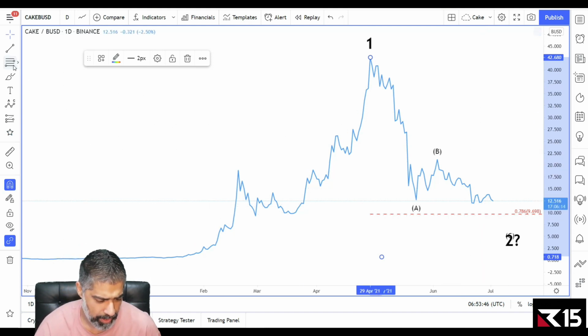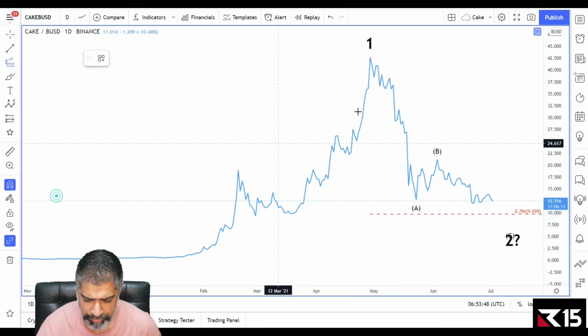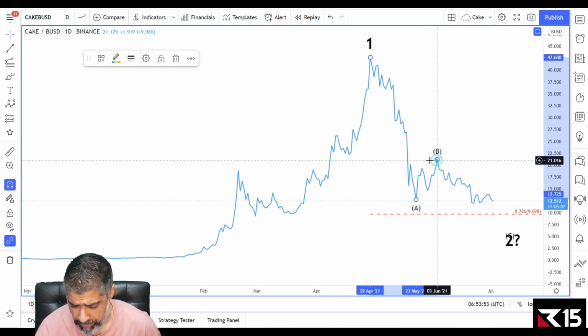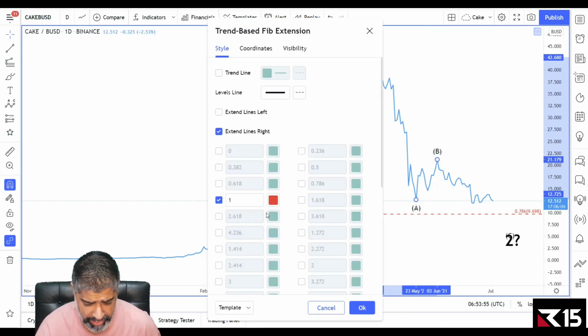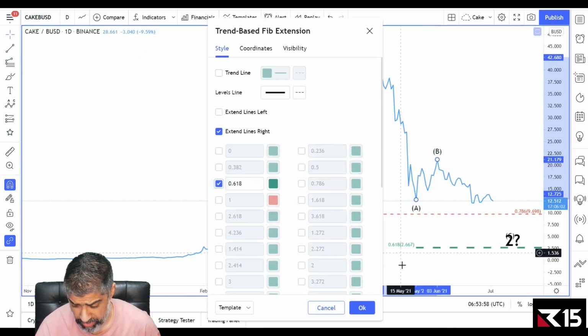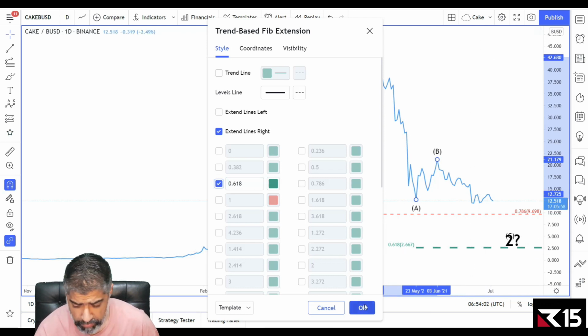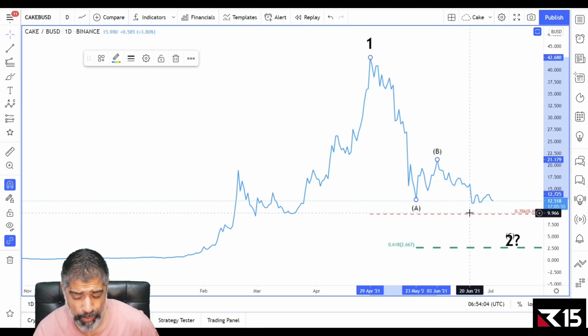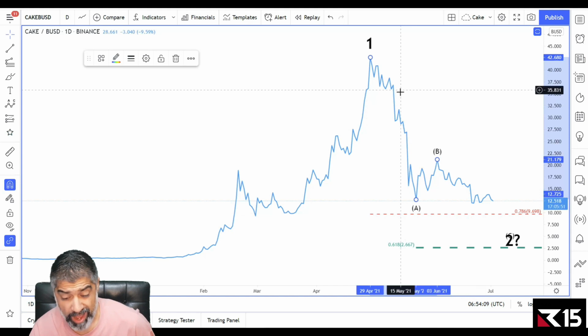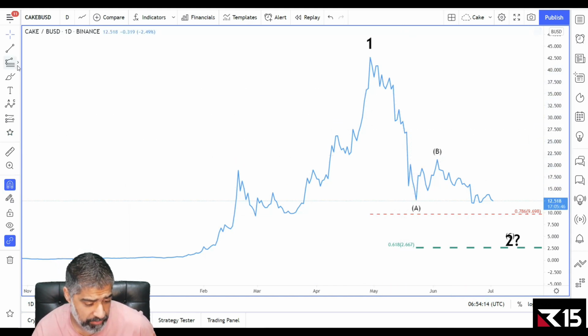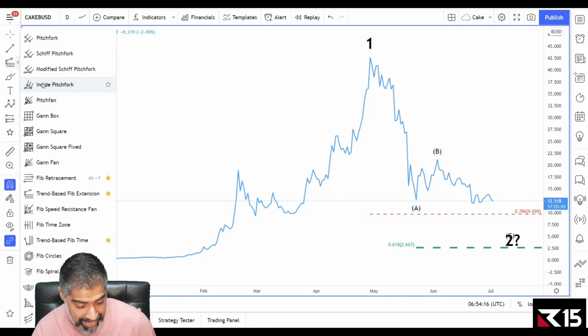So now let's do what's called an alternate price projection. We're going to measure this wave A, project it from this wave B. And for this kind of pattern, the 62%, which is really low down here, right? It's unlikely to get this low. But we'll put it there anyway because it's way below the 78.6. So that's not that much valuable information. This is just unusually deep and steep, this over here. But what's going to be more valuable for us is looking at the intermediate wave count and the micro wave count. So what does that mean?